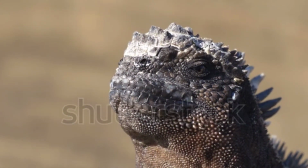They can stop their heartbeat for up to an hour. They can dive as deep as 65 feet. They spend an awful lot of time grazing the ocean floor looking for algae. The males can exceed 4 feet in length, while the females typically are going to be about 2 foot. Another really cool characteristic about this animal is that they have a special nasal gland where they can actually sneeze